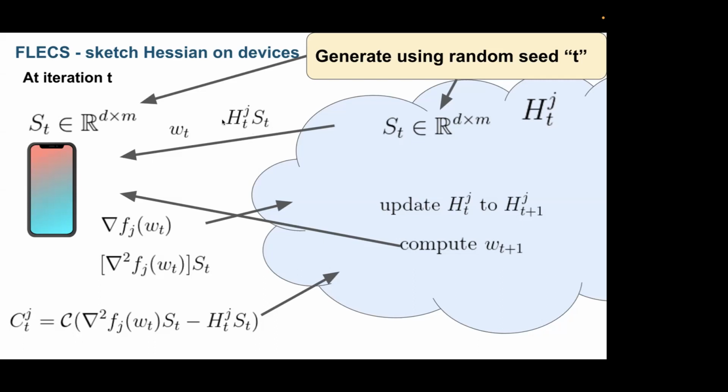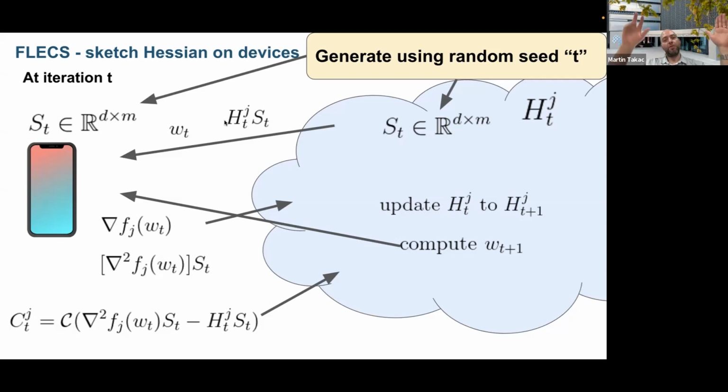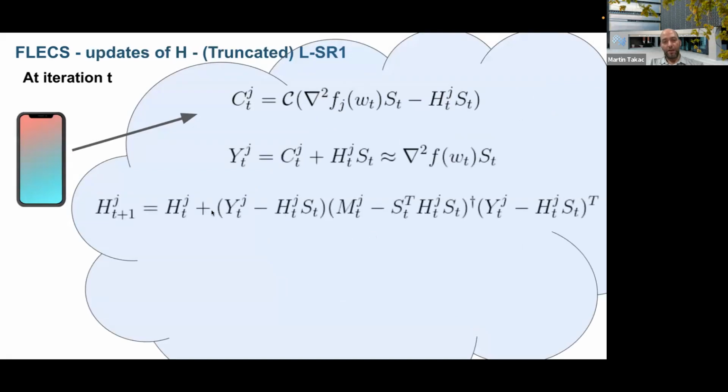Again, this one tells you, if I sketch the local estimate of the Hessian which I have on my cloud, this is the vector you're getting, right? And you're telling him that he needs to adjust, because this is what he believed, but this is what is really true about my local Hessian now. If you sketch my Hessian now with this vector S, this is what you will get, and this is what was your belief. So basically, I send him the difference between the truth and his belief, and tell him, hey, you need to update your belief, right?